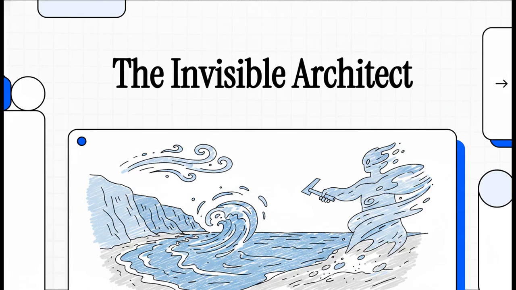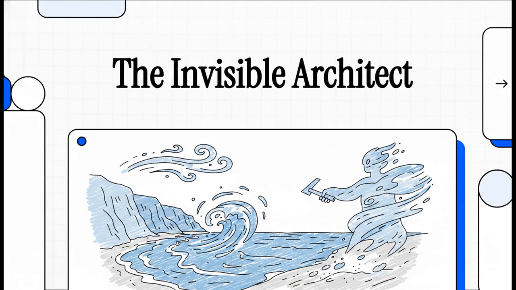We tend to think of coastlines as these fixed lines on a map, right? But the truth is, they're some of the most dynamic, ever-changing places on the entire planet. They're constantly being sculpted by a sort of invisible architect. In this explainer, we're going to pull back the curtain on the powerful forces that build and then rebuild our